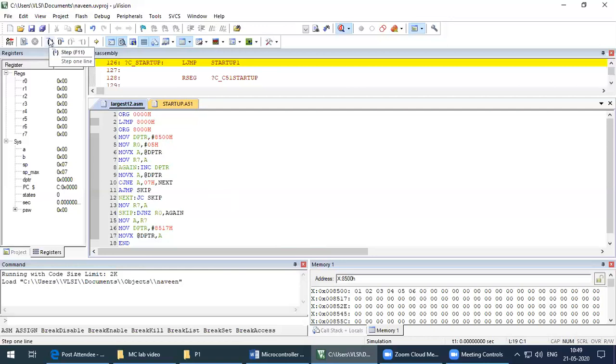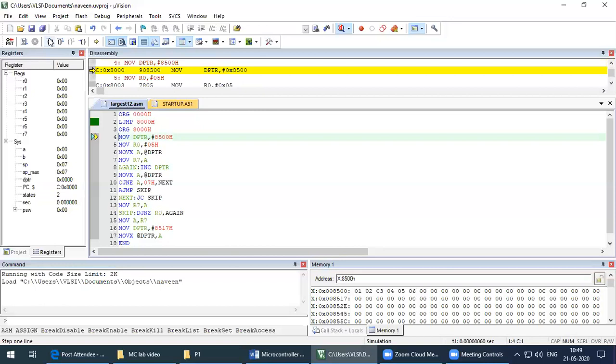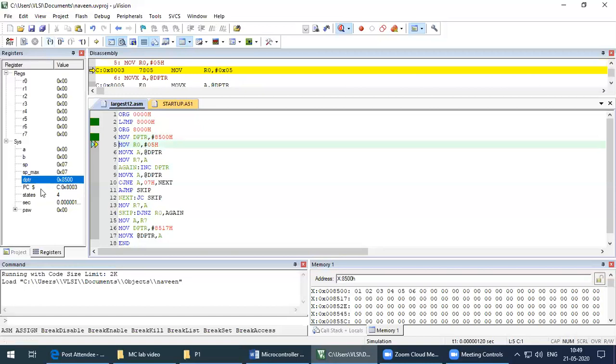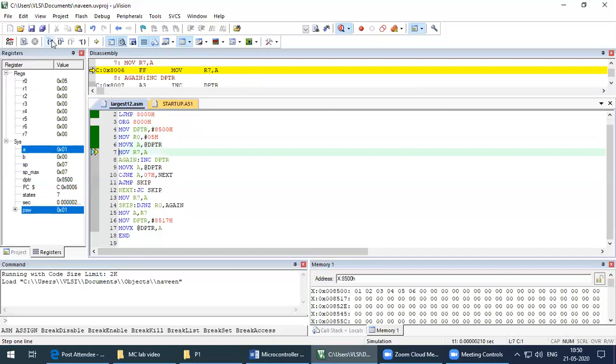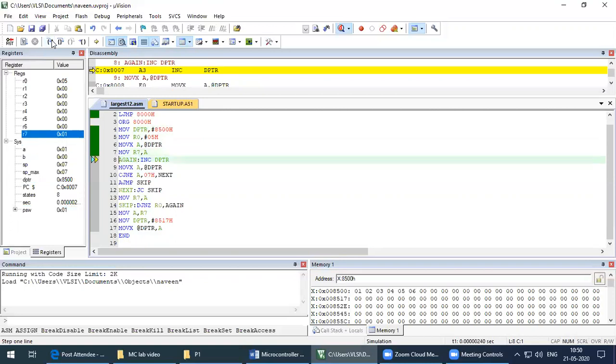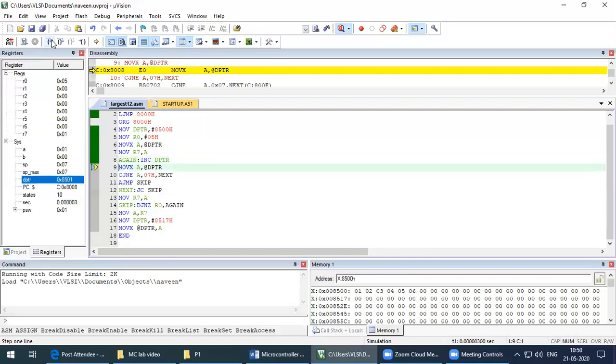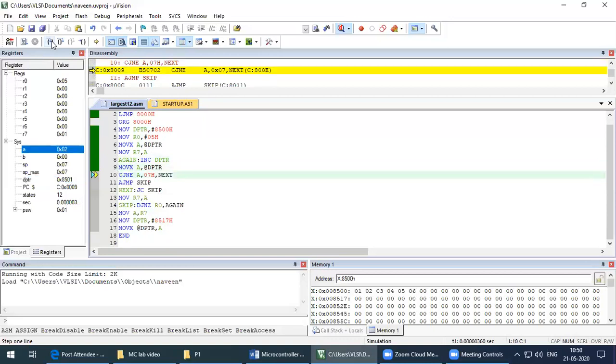Now I will show the stepwise execution. You can see that MOV DPTR, #8500 is executed, so your DPTR is having 8500. You can simultaneously look at the left side of the window, where it shows the content of DPTR. Now the DPTR value is 8500 and the R0 value is 5, that is the comparison count. Now you can see the first data is copied into the accumulator, that is 01. That 1 is copied into the R7 register, and then we increment the DPTR to 8501 and copy the next value, 2, into the accumulator.